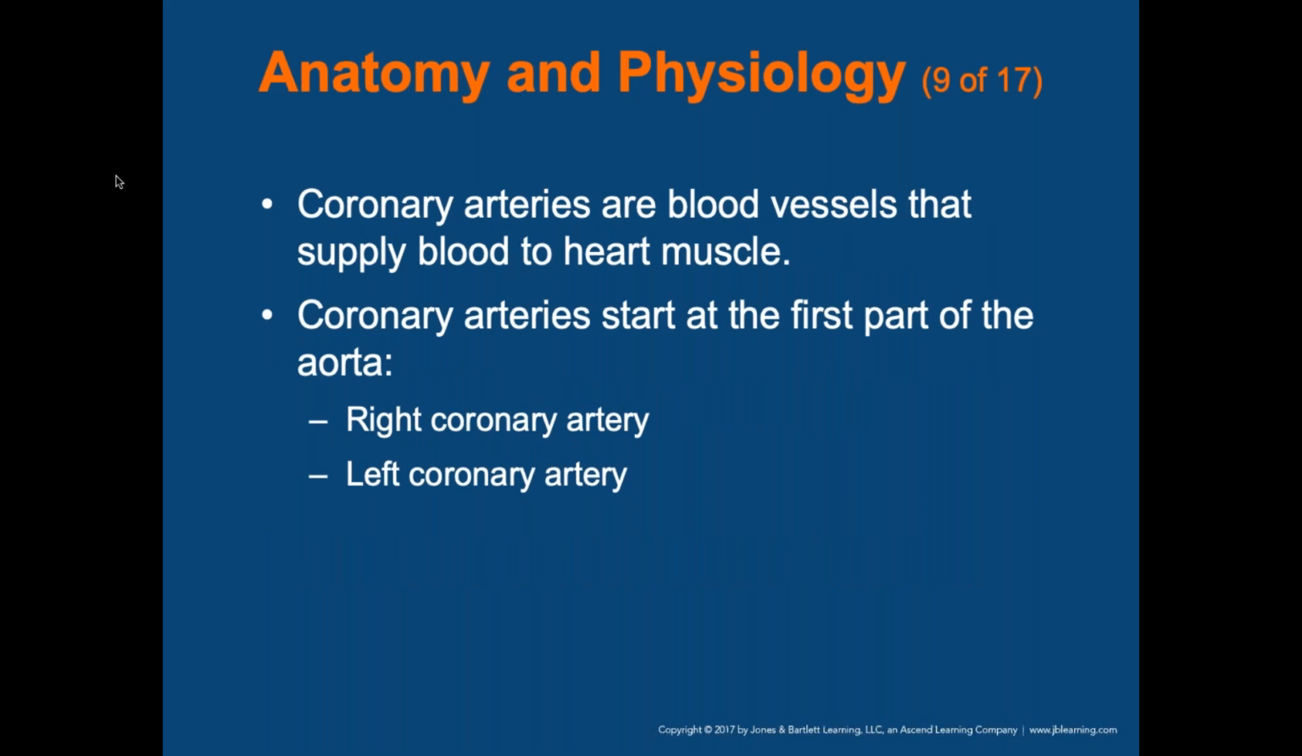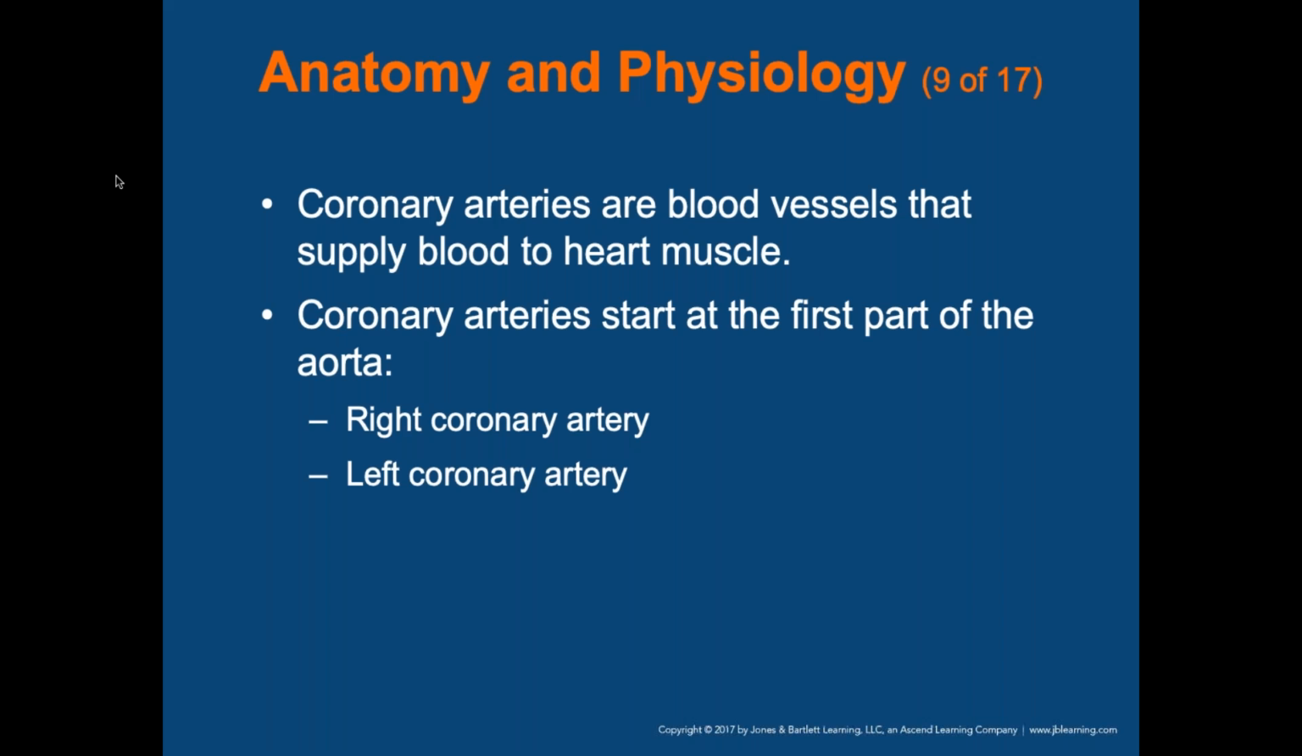So the coronary arteries are blood vessels that supply blood to the heart muscle, which start from the first part of the aorta, just above the aortic valve. The right coronary artery supplies blood vessels to the right atrium and right ventricle, and in most people, the inferior wall of the left ventricle. The left coronary artery